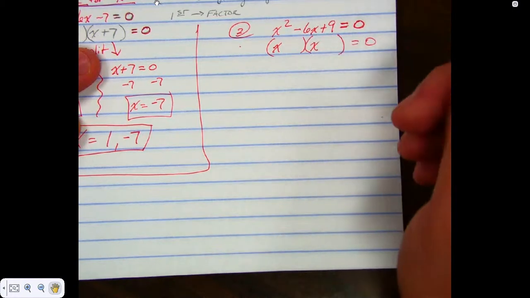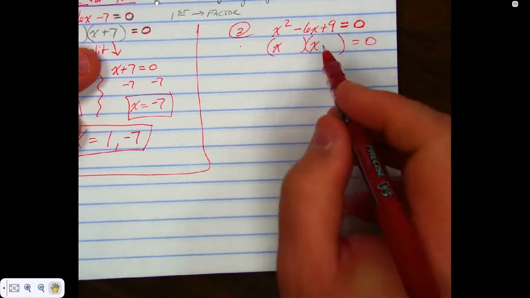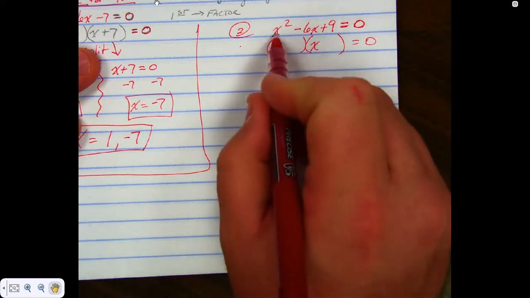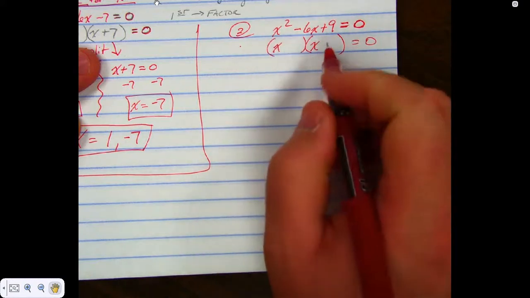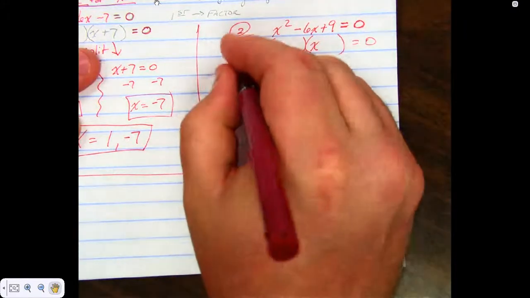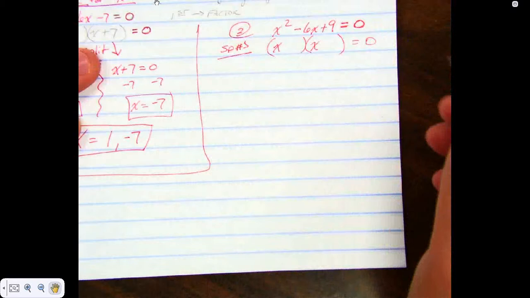Are you guys just writing down, or do you not know that? I don't know. Okay, I'll show you why you put x in the first of each one. Why do you think you do that? Because when you multiply it back out, x times x is what? X squared. That's why you put x and x there. Okay? Now,